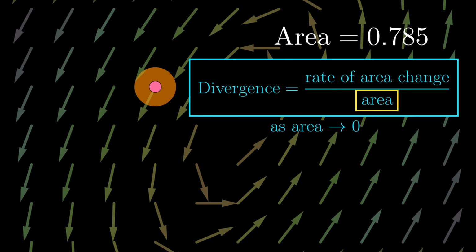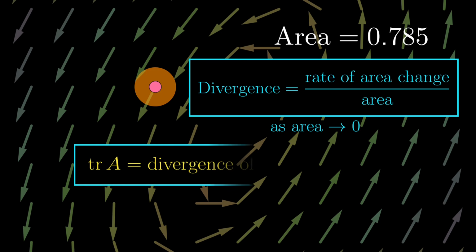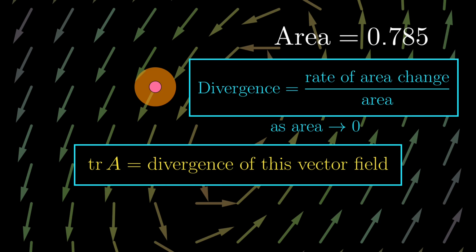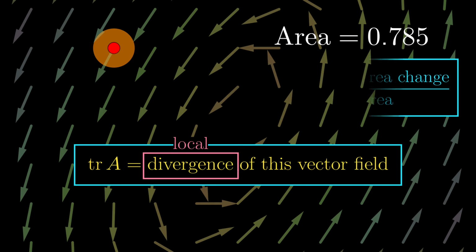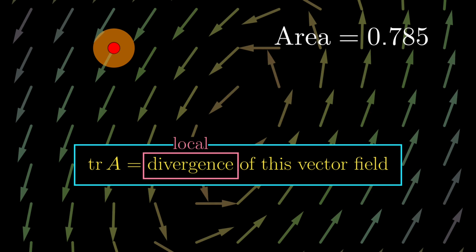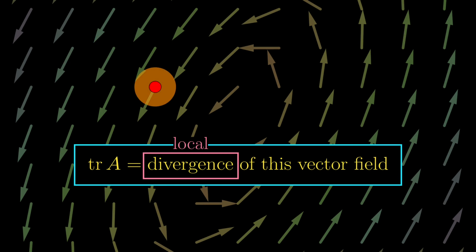So that's the divergence part, but why is this related to the trace of the matrix generating the vector field? Actually, the first question that comes up would be that the divergence is a local property. This means that if we consider another point on the vector field, the divergence could be different. So, why does this statement seem like the divergence is the same everywhere? Well, it's because it is, but just in this specific case where everything is generated by the matrix A.